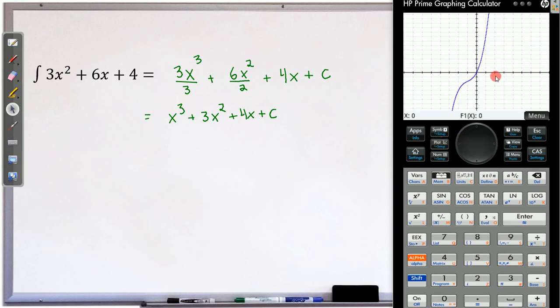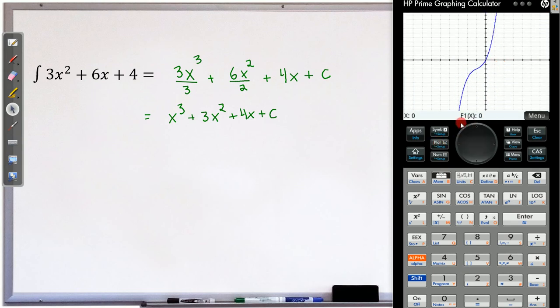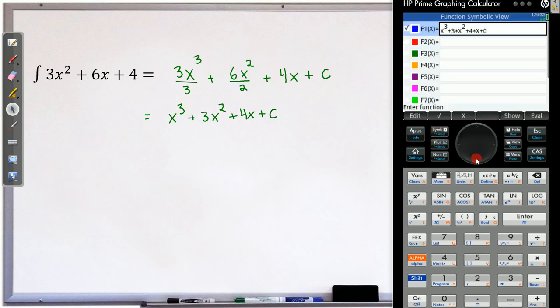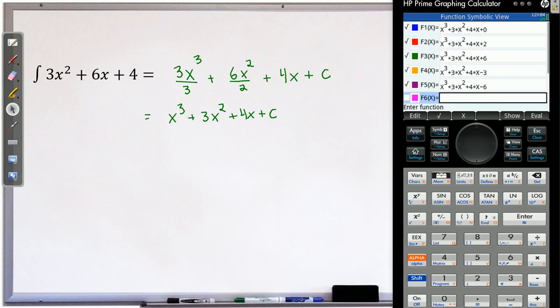You can see I've got a cubic here. And now I'm going to put a few more in. Well, c does not have to be 0. It could be any number. So I'm going to plug in a few more. I'm going to make c equal to 1, equal to 3, equal to 5, maybe a negative in there. I'm going to put a whole bunch of numbers for c, and we're going to take a look at those graphs. Alright, so here you can see I've got a few more equations typed in. I made c equal to 2, 6, negative 3, and 6 as well. So when I graph them,